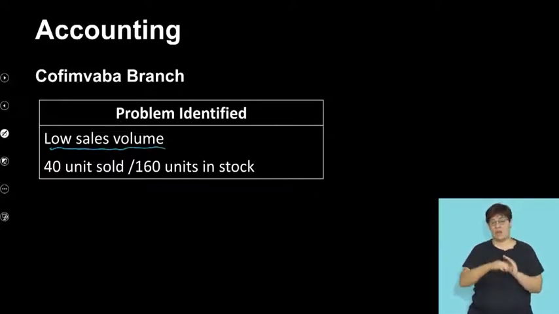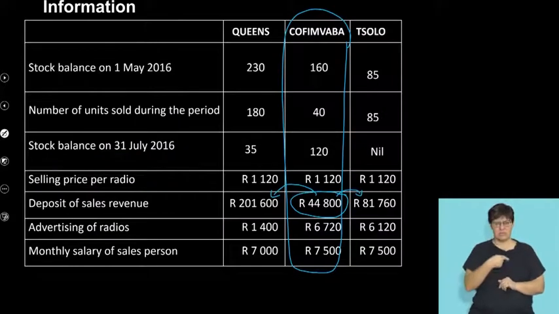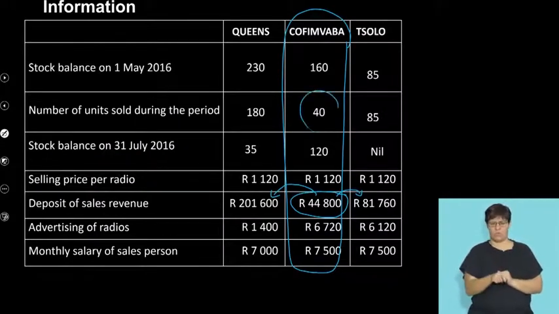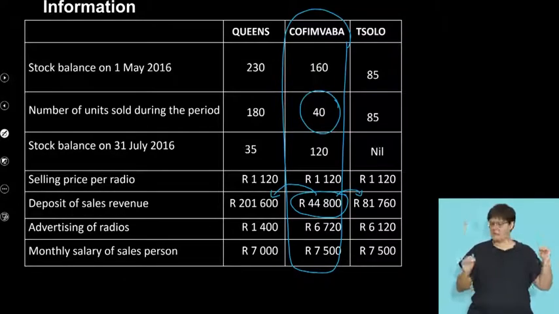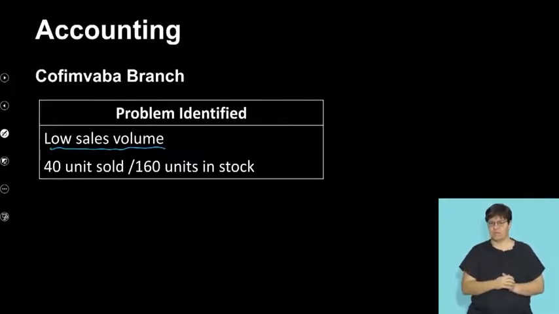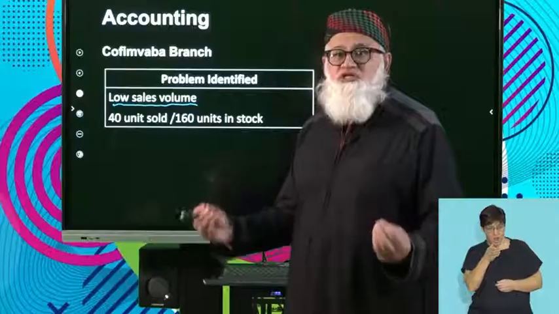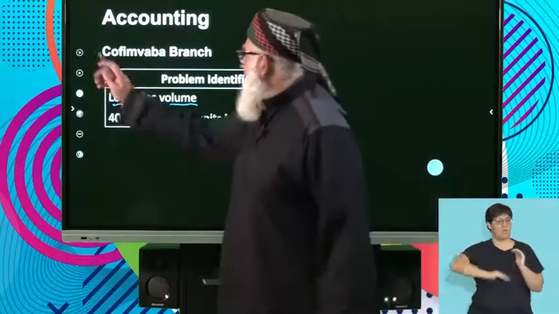In other words, how many units did we sell? Look at the information. Number of units sold. Clearly, you can see it stands out, relative to Queens and Solo, it stands out. So clearly you can see you've only sold 40 units of the total 160 units in stock. So your low sales volume. Right, then